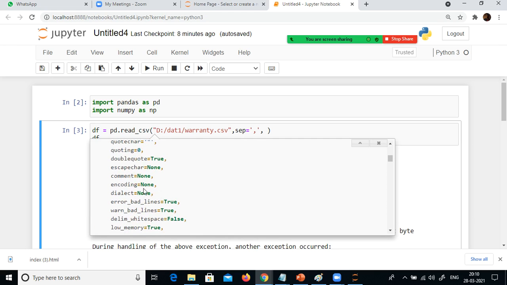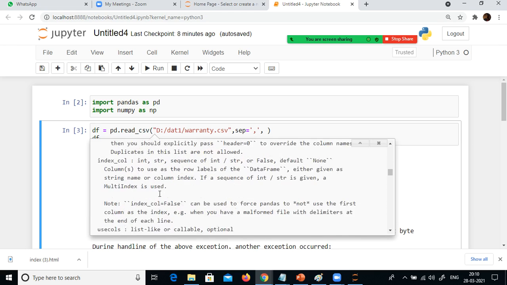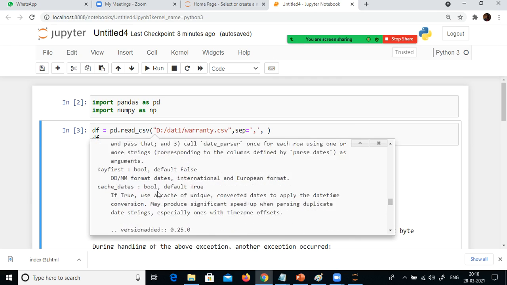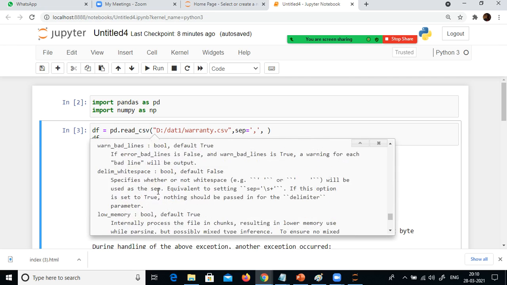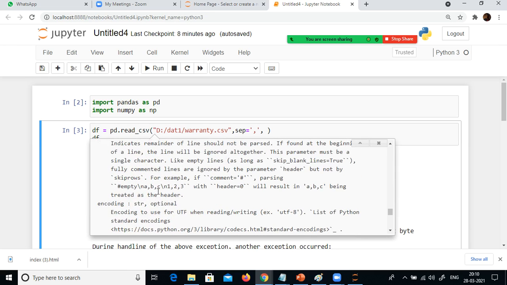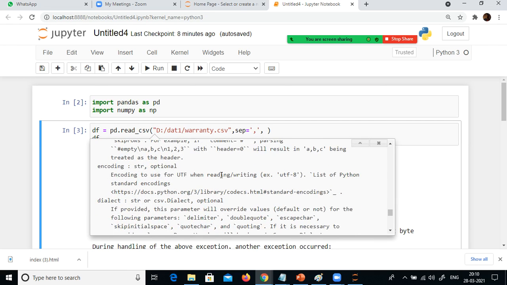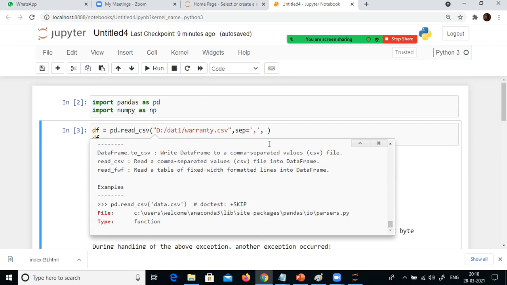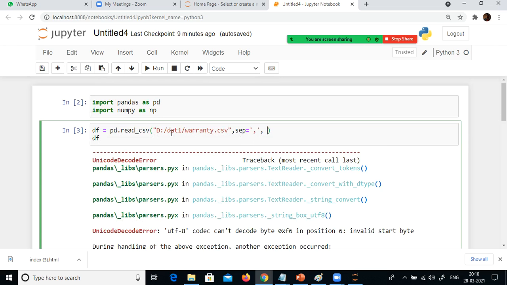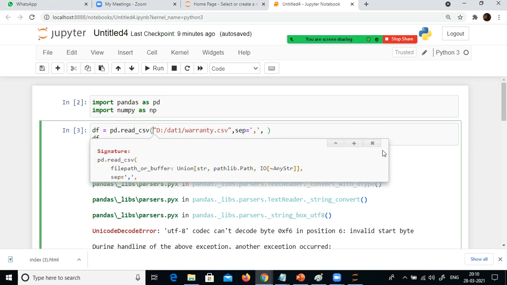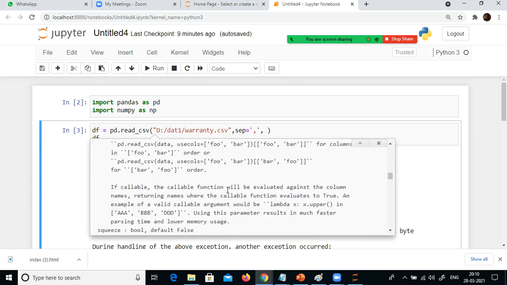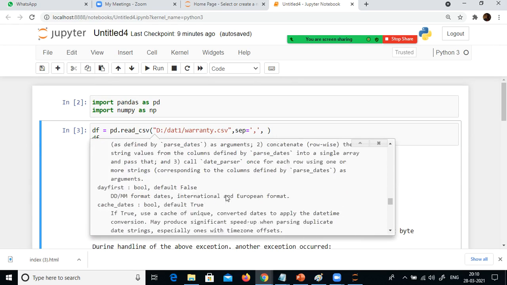Encoding is None by default, but we will have to use the Microsoft related one. Oh, okay. UTF-8 is not working. We are getting an error.